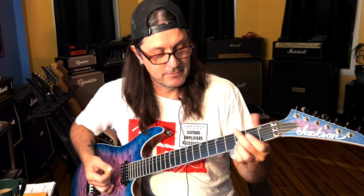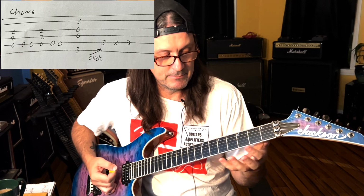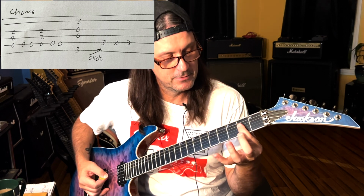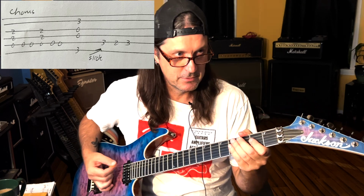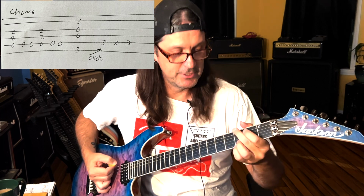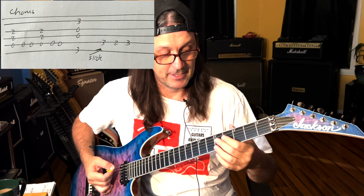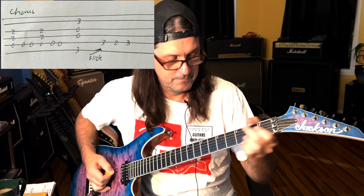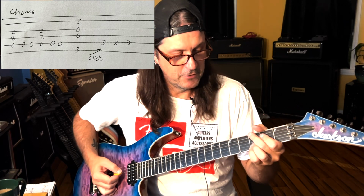And the rest of that goes A minor to G. I'm just playing A, just basically like a power chord. 3 notes, and I'm putting 2 chugs, and then A again, 2 chugs, G, and then this thing again. So from the beginning,